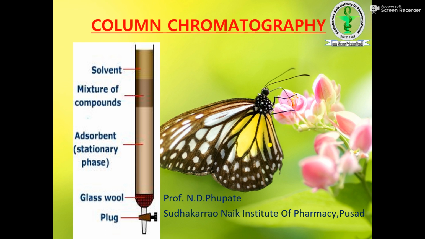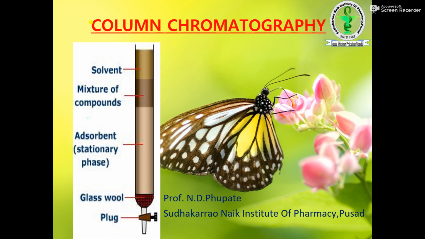Then in today's lecture we discuss column chromatography. In this lecture, we already know that in the case of column chromatography, the scientist M. Tswett in 1906 discovered this technique, in which he used the adsorbent calcium carbonate. It is a tube in which the adsorbent is set. If you are able to see in this diagram, here an adsorbent is set, where we take the example of calcium carbonate. A mixture of drug components is there; we take the example of the plant pigments like chlorophyll, xanthophyll, and a mixture of those.